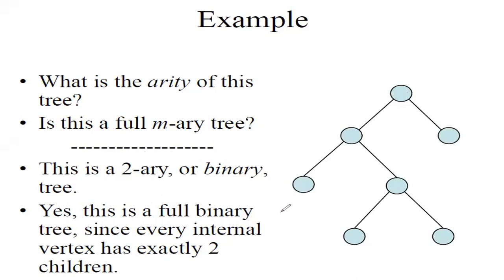And yes, this is a full binary tree since every internal vertex has exactly 2 children. If you notice, this vertex has children, and how many children does it have? It has 2 children, and again this vertex has exactly 2 children, hence it is a full binary tree. Now next, after this, we will have